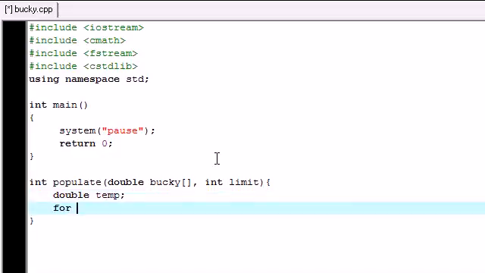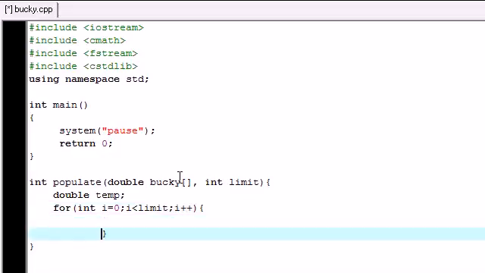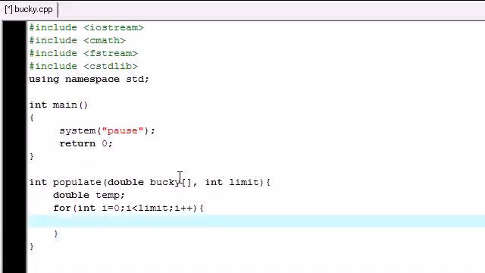And now we need to go ahead and build a basic loop. So put for int i equals 0 and i is less than limit, as brought in by this limit right here, and then we just want to do i++ to iterate through the loop. And what do we want this loop to do? Well, for starters, let's just go ahead and give the user a prompt to enter. Say we're gonna have them enter a dollar item for a bunch of different items. So cout, and let's just put something like enter dollars for item, and then say item i+1,